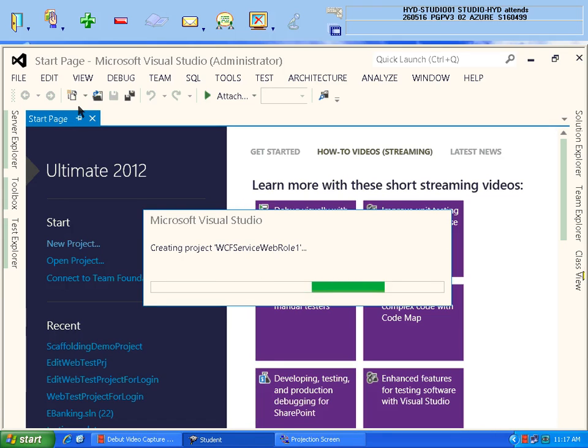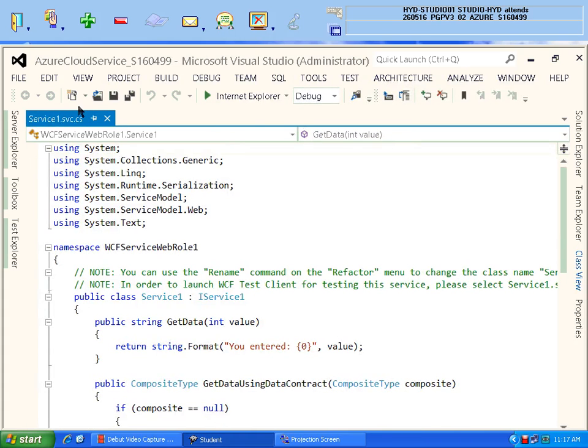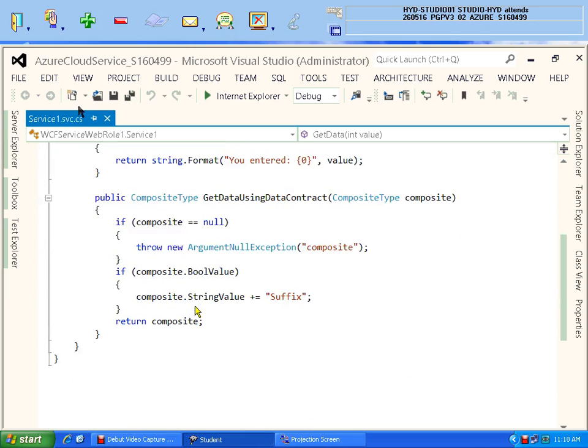Now here you will not find anything tougher. Here also there are two files. One is the interface file. One is the service svc.cs file. So now, very good. Now let me show you the Solution Explorer first. Whatever you are seeing is a CS file. As usual, you have seen it in a normal WCF service application, like the same. This is the CS file. The interface file also will be there.